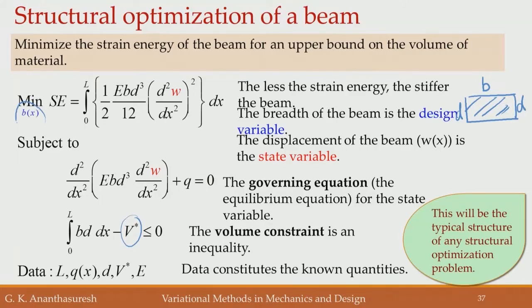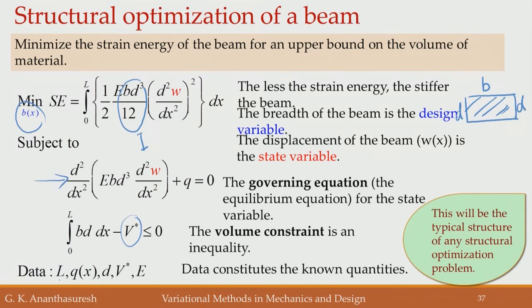In this case, we have used B of x, the width profile of the beam, as a variable. We want to minimize the strain energy to make the stiffest beam, and the strain energy is written here in terms of EI. You recognize that for a rectangular cross section, B d cubed by 12 is the second moment of area, called I, and then d square w by dx square, whole squared, will be involved in this strain energy expression. And then the W that we use here has to satisfy a governing equation, which is the equilibrium equation written there, and then you have a volume constraint,